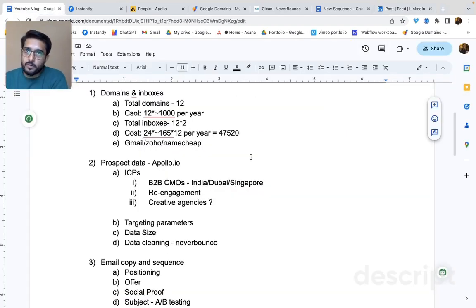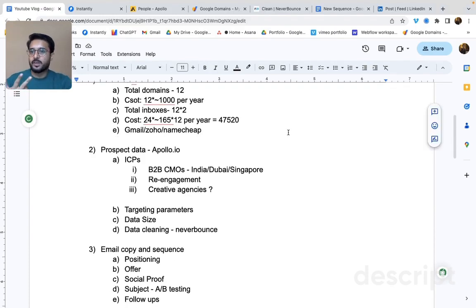My company's official domain is dialogbox.in. That's what we use for all the official communication. So we did not use it. We bought additional, I think, 14 domains, out of which we are using 12 now. The cost of buying those 12 domains was roughly 1,000 rupees a year. And then we created about 2 inboxes per domain, and we are charged close to 160 to 165 rupees per month for the subscription cost. And that we calculated was another 48,000. So we spent about 60,000 for setting up the email infrastructure for the entire year.